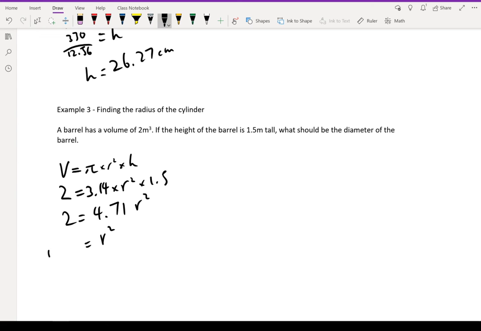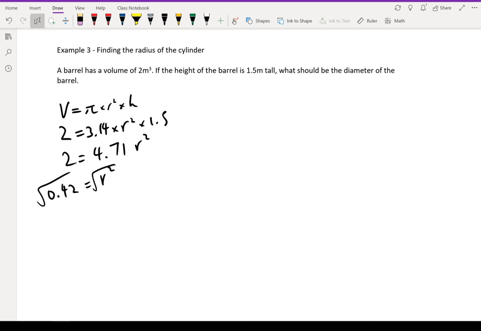we have r squared is equal to 0.42. I'll just leave it at 2 decimal places. And then now what I have to do is take the square root of both sides because this is r squared. To get rid of the r squared, we take the square roots. And so that means that r is equal to the square root of 0.42, which would give you